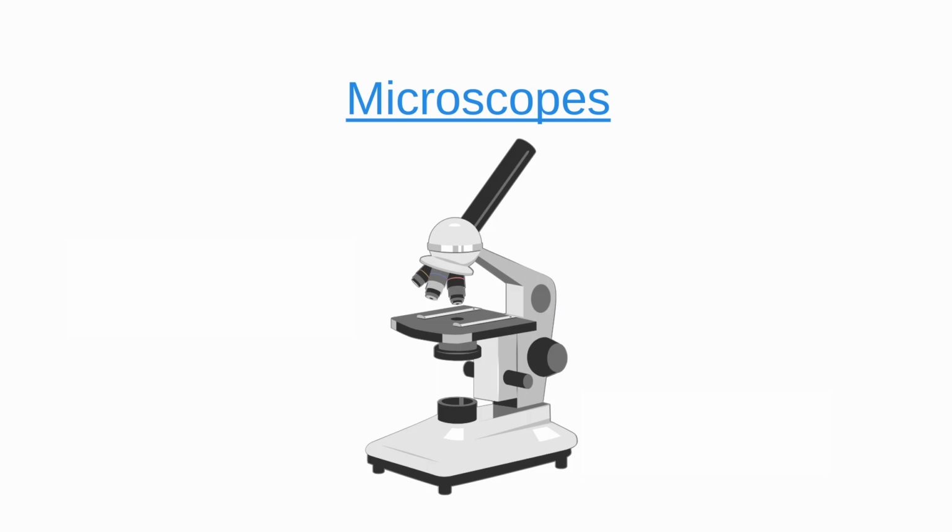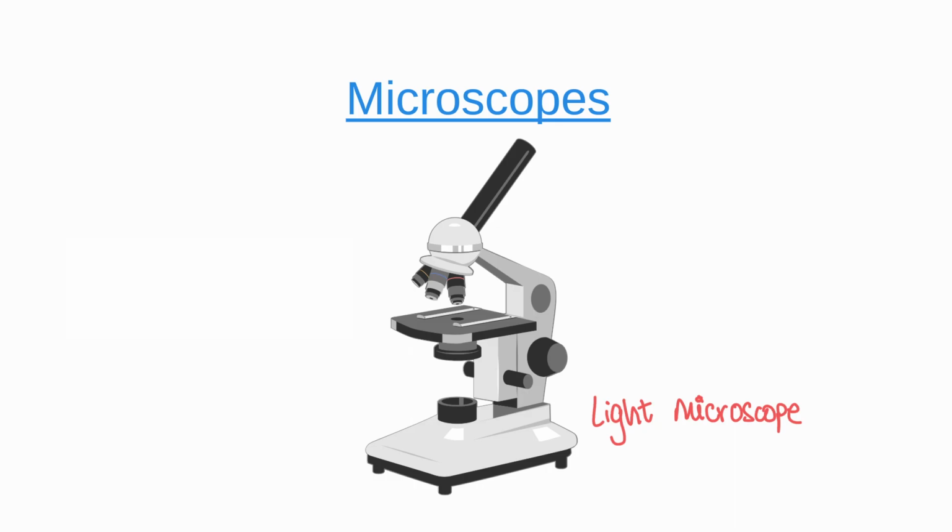Now let's talk about how exactly to look at these cells. I told you that cells are so tiny that you can't see them with your eyes alone. So for that, you need an instrument called a microscope. Now what you see here is a typical light microscope that you'll probably see in the laboratory at your school. Now the whole point of a microscope is to magnify something, right? It's a very tiny structure that you're going to want to magnify in order to see it clearly. Like a magnifying glass if you've seen one.